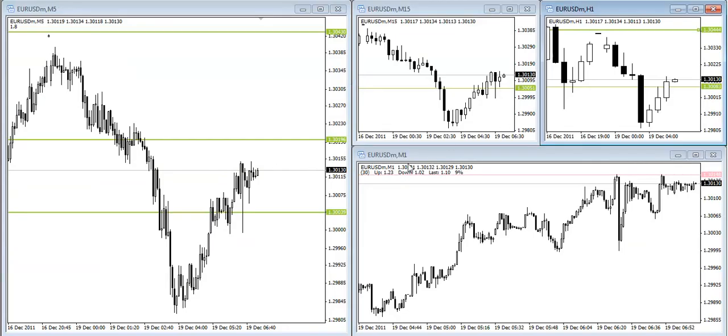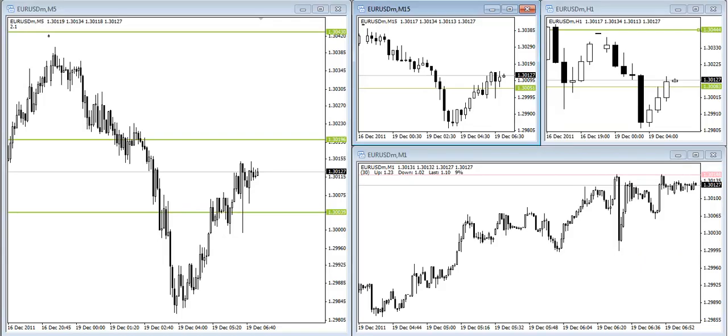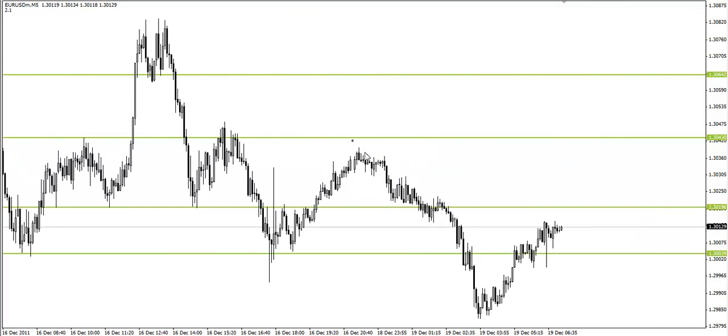So what does it leave us with? Well, we have to discuss what we're going to take our entries on: the 15-minute and perhaps the 5-minute. We should be able to define our entries on the 5-minute. The 15 and 5-minute are telling us the same thing, really. You can see your momentum to the downside, while the move to the upside is kind of a grind higher. These are the levels I have marked off. So the next level of interest would be the 30-20 roughly level. If we see some sort of a reversal form there, that might be indicative of a move lower. Beyond that, coming back to this area up here, roughly the 30-40s, and any higher than that, I would question my analysis because we would have regained 100% retracement of the